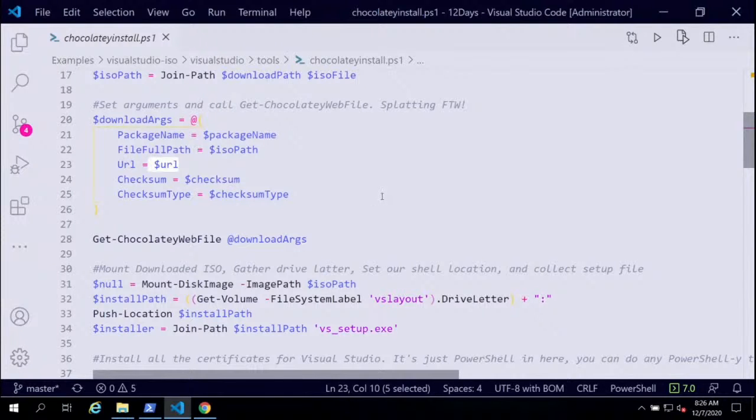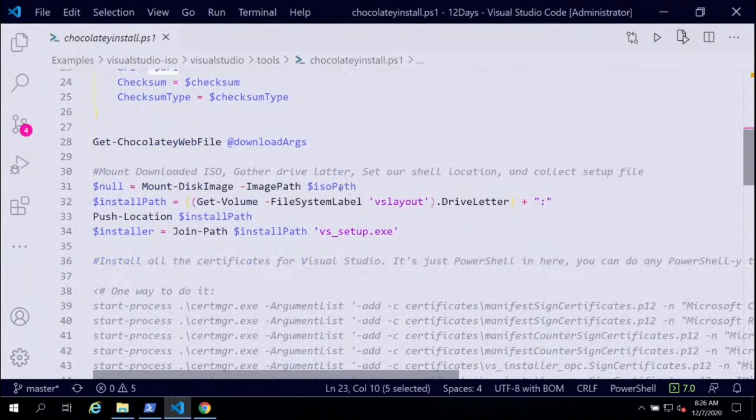Now, in the case of an ISO, we can't just extract that somewhere and use it. But thankfully, newer versions of PowerShell, and I will preface that this is a later version of PowerShell method of doing things, the mount disk image commandlet can take an ISO and mount it as a disk. So that's what this is going to do here. And then for the install path, what we do is grab the drive letter from that ISO mount,